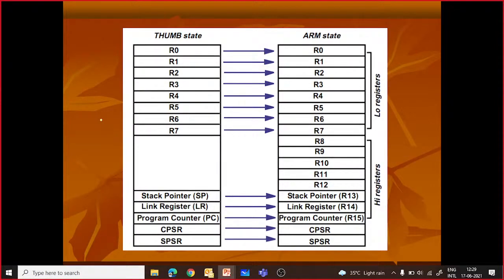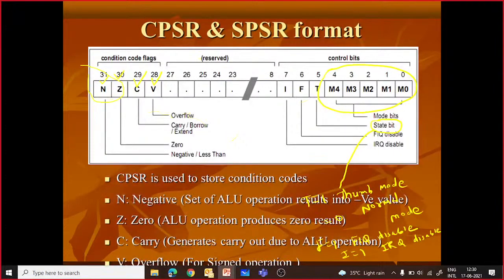Then in ARM, one more mode is there, called 16-bit mode, thumb mode, because sometimes you don't require 32-bit operations. If you are satisfied with 16-bit operations, then this thumb mode is available to you. That is called thumb state, and this T bit is for that purpose. Whenever you make this T equal to 1, that means you are entering from normal mode to thumb mode.